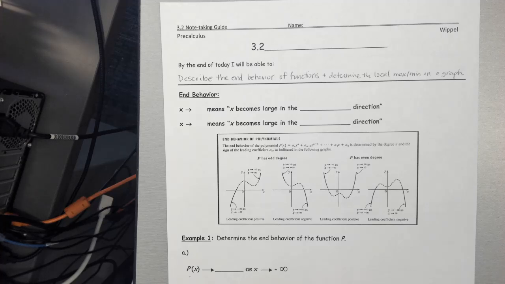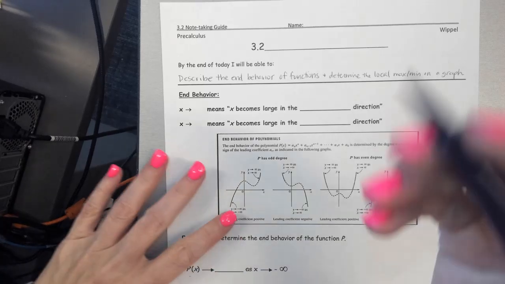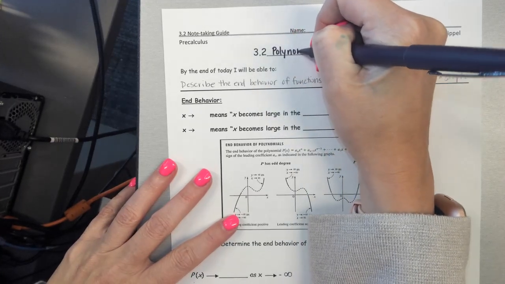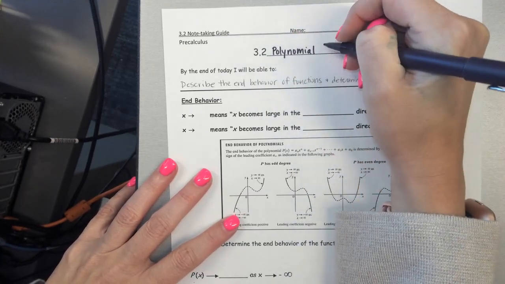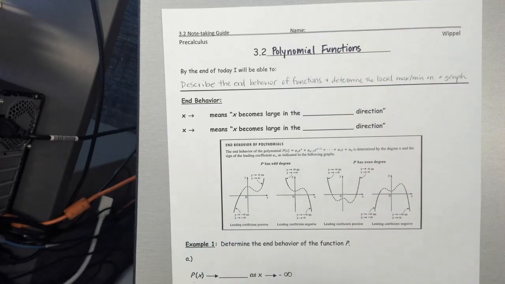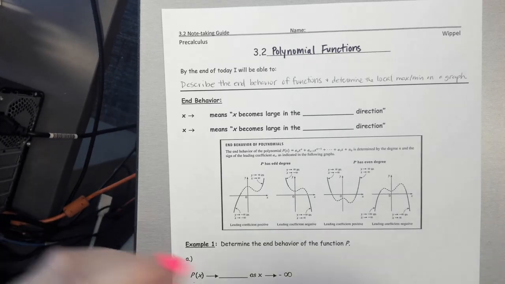All right, so for read 2, you are going to see some past concepts resurface here. So we are going to talk about polynomial functions and their graphs. And I know that most of you have seen this first concept that we're talking about, but not everybody has seen it. So I am going to re-explain it, but I am going to do some of it a little bit